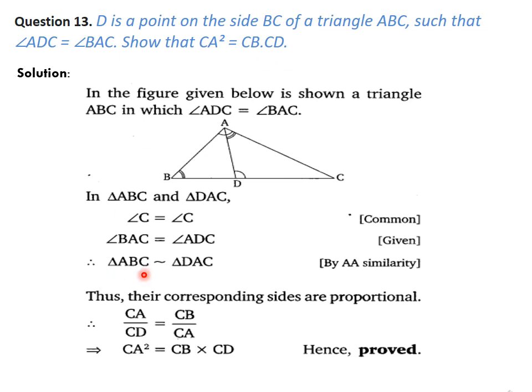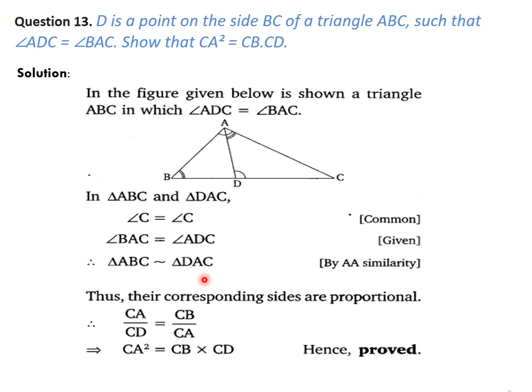So what we can do is, we can say that in triangle ABC, the entire one, and triangle DAC, this right hand side one, we can see that angle C is common. So we can write angle C is common. Again, we have the given relationship, that is, this angle is equal to BAC. So since two angles are equal here, we can say by AA similarity criterion, triangle ABC will be similar